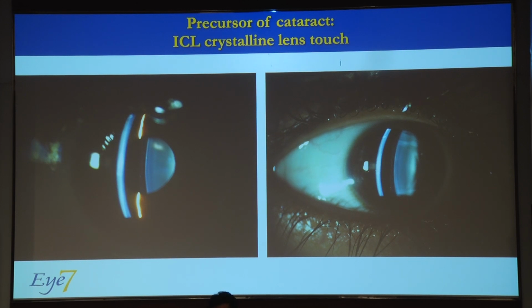At that time, we didn't have much experience and we thought whether we should exchange the ICL for a higher size or continue with the same and observe the patient. So we decided that we will not exchange the ICL and we'll just wait and watch. For years, it worked very well. The patient was following up with us on a yearly basis until the 5th year,